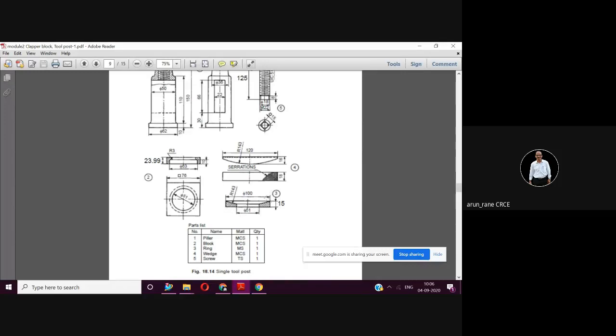So what are we going to draw? We are going to draw first a circle of 286, then we will draw a line that is corresponding to 100 dia, so 50. Then we will draw this thickness of 15 mm. Then this is 51, half of 51 is 25.5, and from here we will draw a line. Half of 100 is 50, so 50 minus 25.5, so this length will be 24.5. So this is how you are going to do. I just explained so that I don't have to ask you again and again. Restore this.